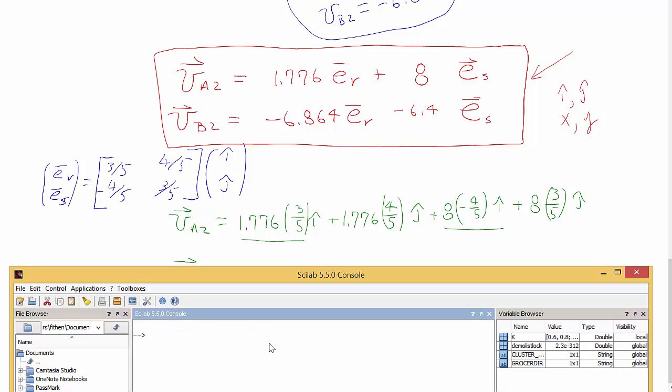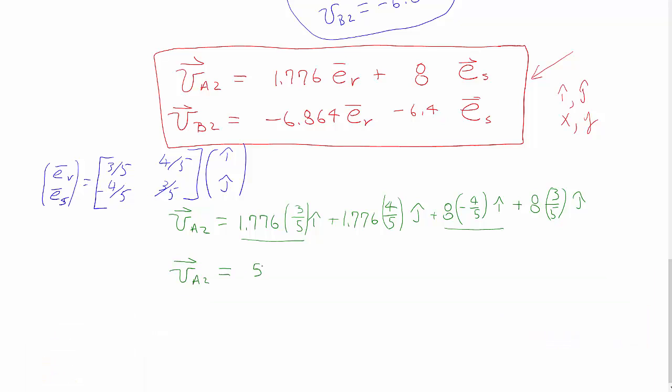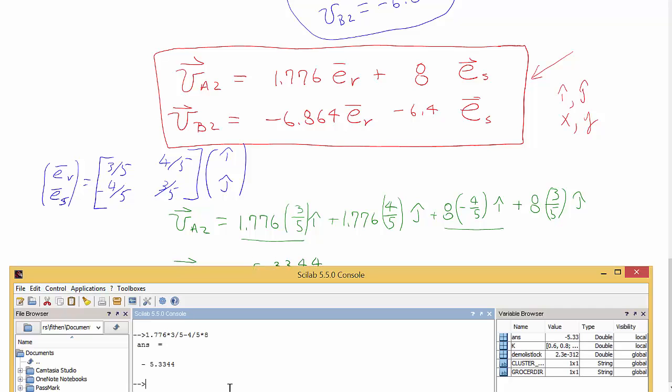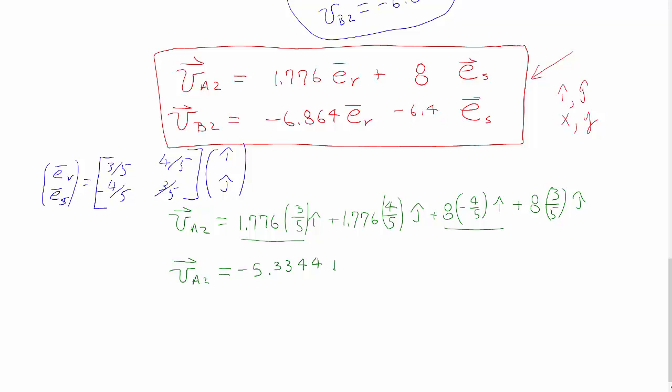CLC to clear the screen. 1.776 times 3 divided by 5 minus 4 divided by 5 times 8 gives me 5.3344. And if I'm not mistaken, it was a minus. And that is I. And plus,